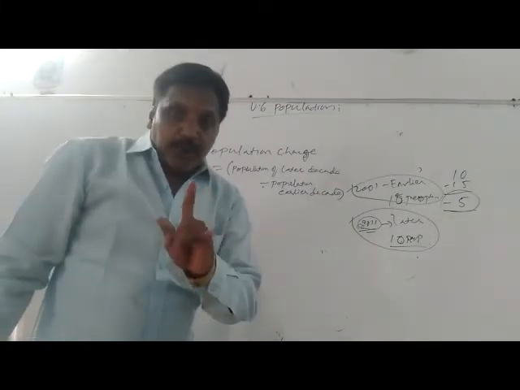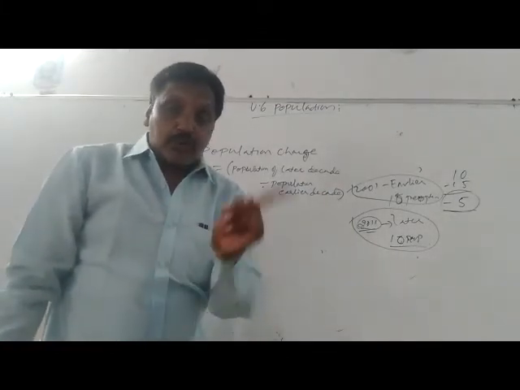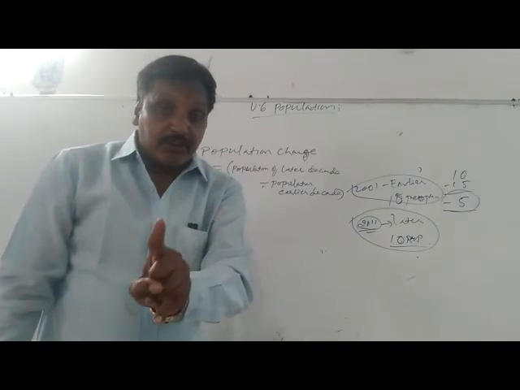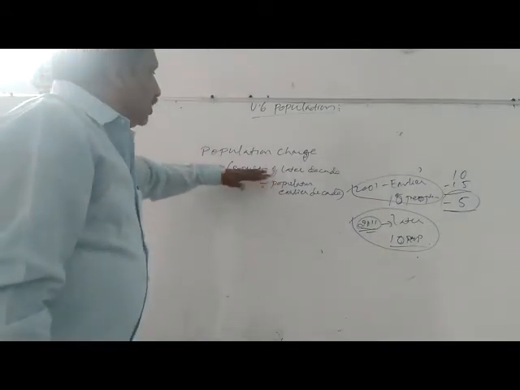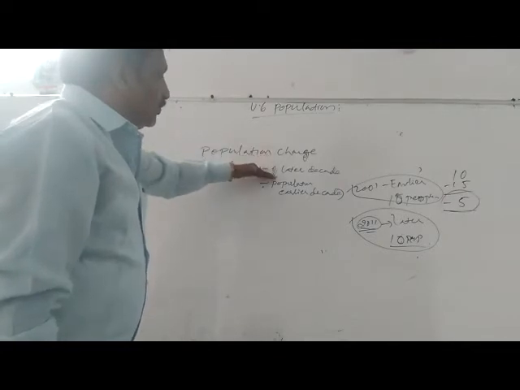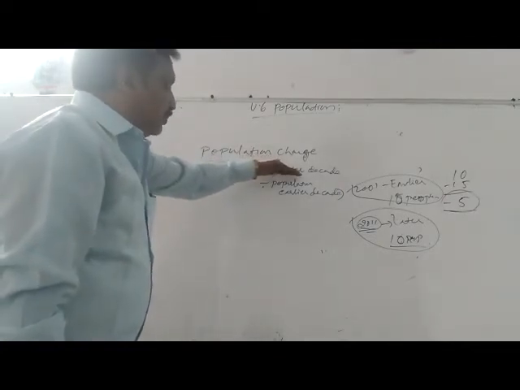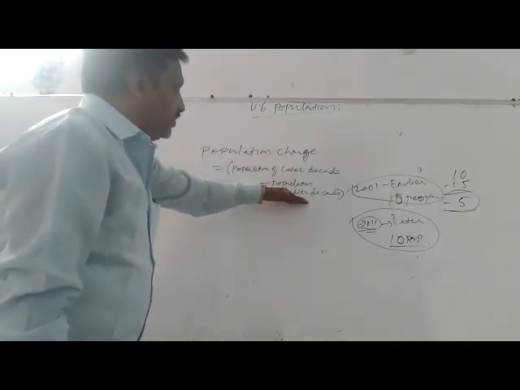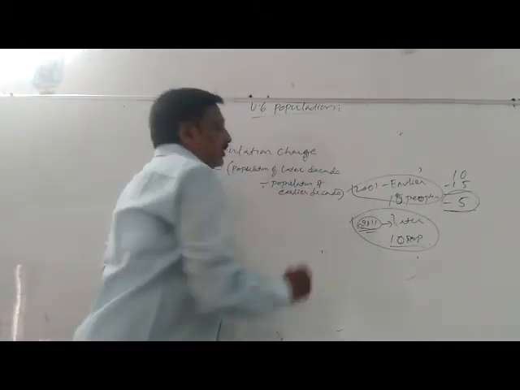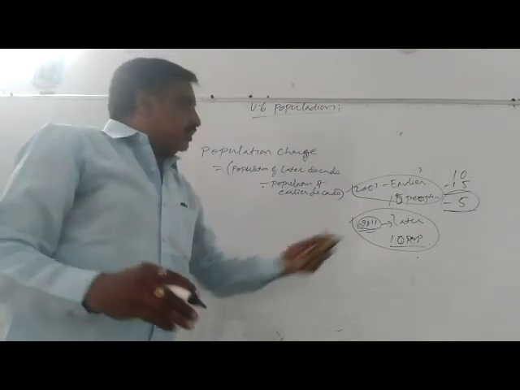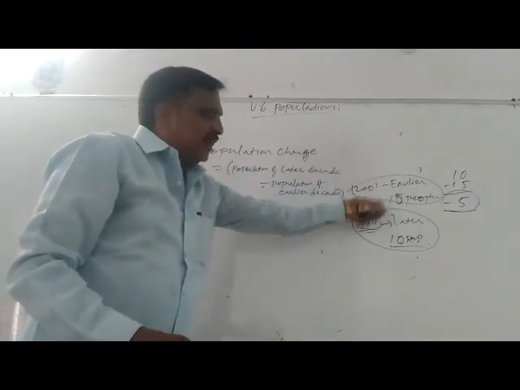This can also be given in the context of birth rate, death rate and migration. This can also be given in a different way. If you want the population change, from the population of the later decade you subtract the population of the earlier decade. Some numbers were taken, 10, 15, and we made it.